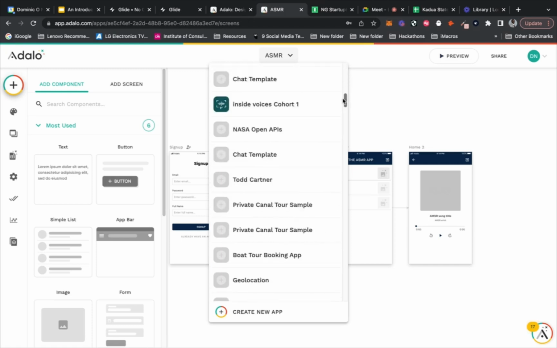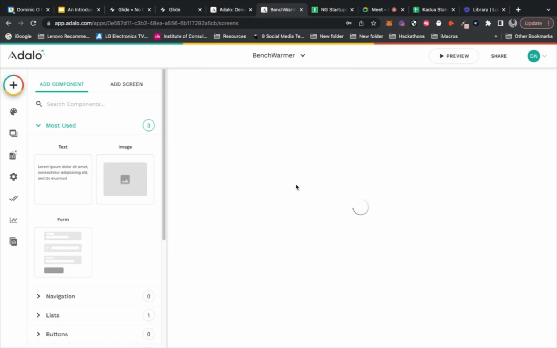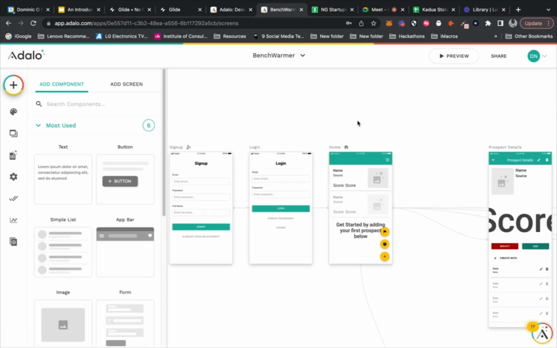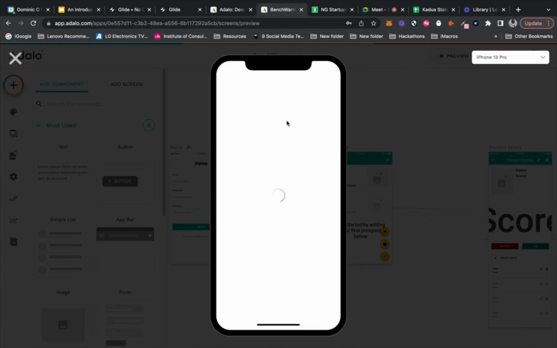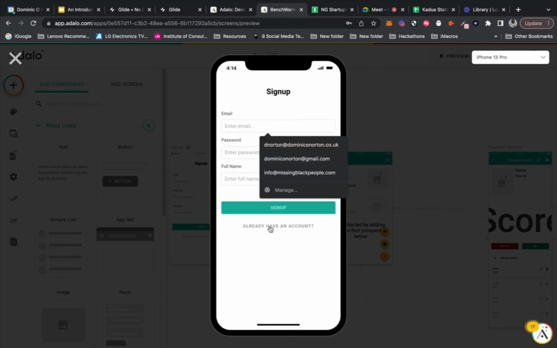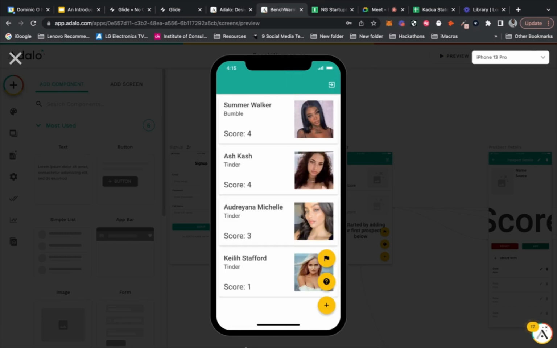There's another one that's actually in production in the App Store, if I can find it. It's called Benchwarmer. And it was from a need that I saw on TikTok. Lots of people were messaging me, and it's a way for you to manage your dating life. So if you use dating apps, if you use Tinder, Hinge, Bumble, whatever dating app is popular where you are, it can get a bit crazy. So this was for managing the people that you're talking to, which is also a very big issue in the UK, the US. So this is fictional. I am not talking to any of these.